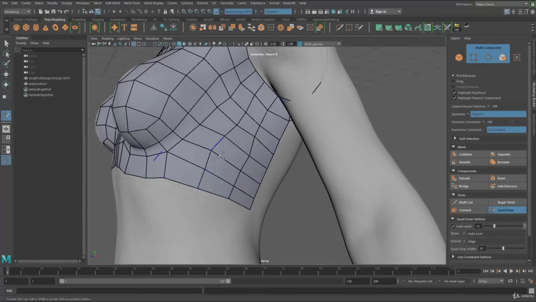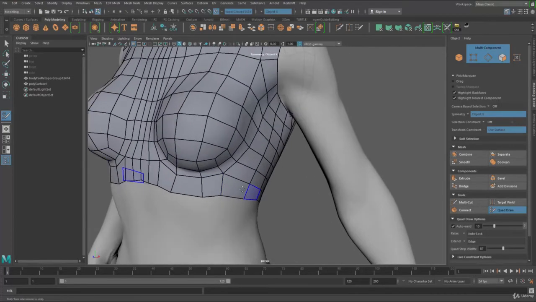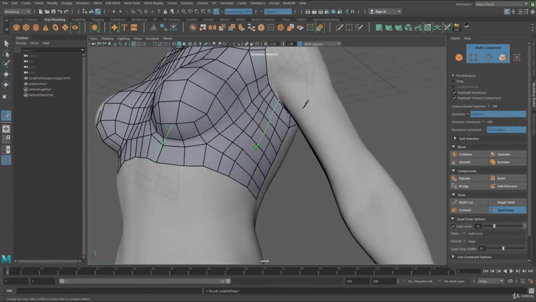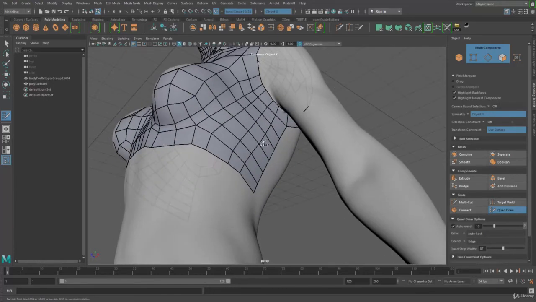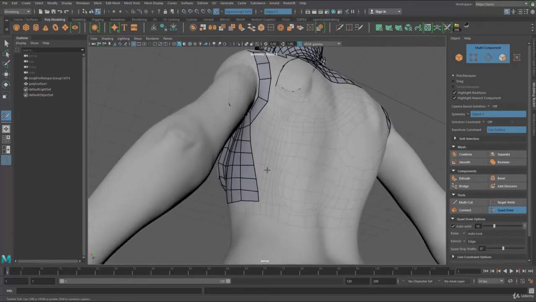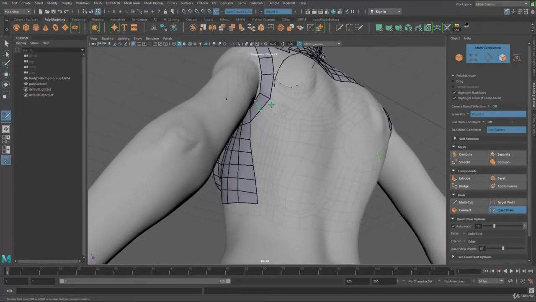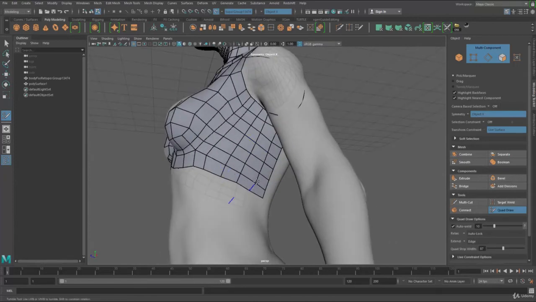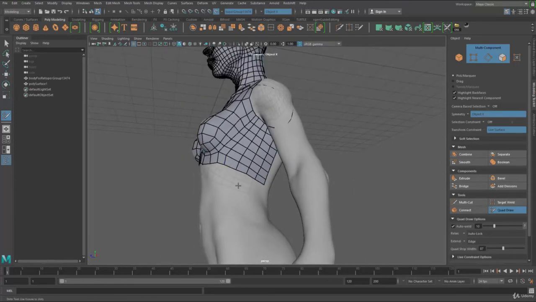Okay, holding down Shift to smooth these guys out. Thinking I need one more over here. Let me delete that and re-add it over here, and delete that, or I can smooth these guys out basically. Alright, let me add one more loop over here to ease the transition to the back. Alright,